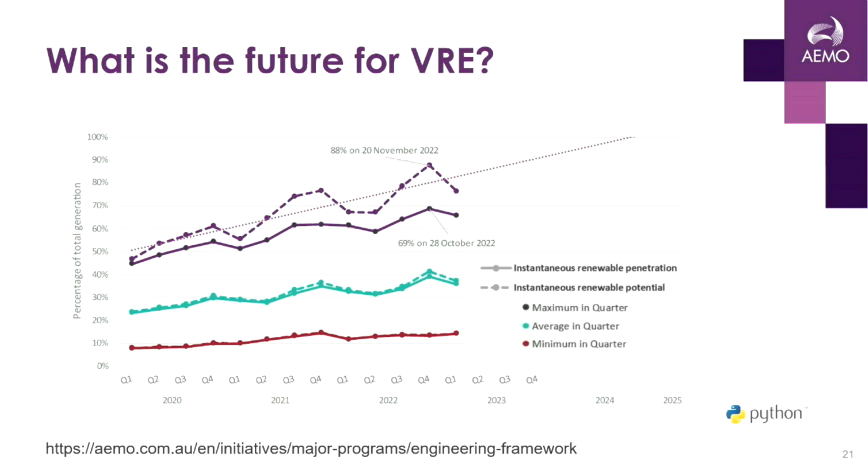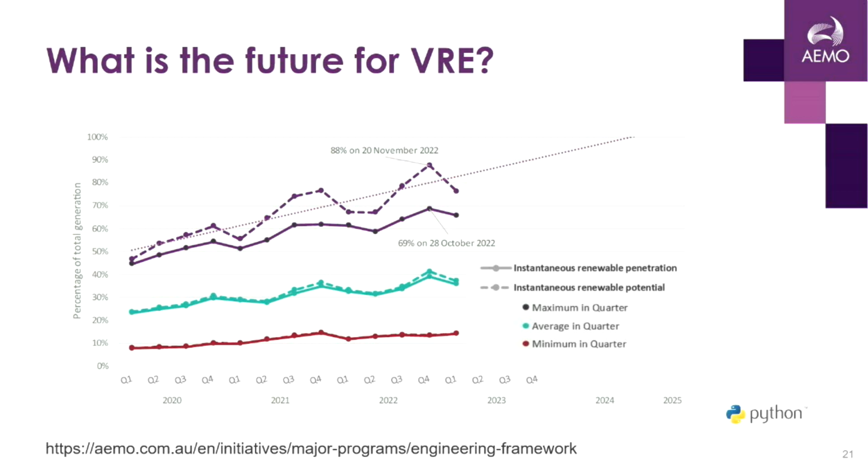What's the future for variable renewable energy? The solid line, second from the top, shows the maximum penetration of variable renewables against time by quarter. You can see a slight up and down of the curve as it tracks the seasons. Of course, we get less variable in winter and we get more in summer. But the graph is trending slowly upwards. If you draw a line of best fit through the graph and extrapolate to the point where it crosses the 100% mark,